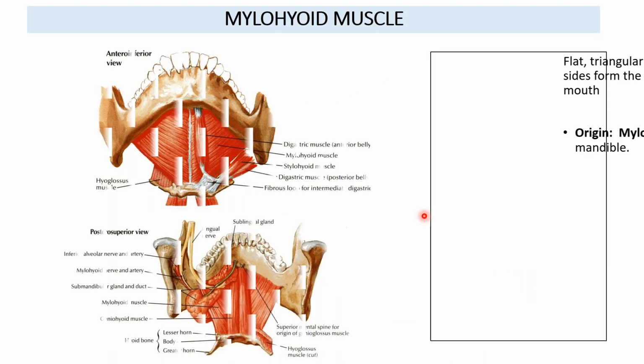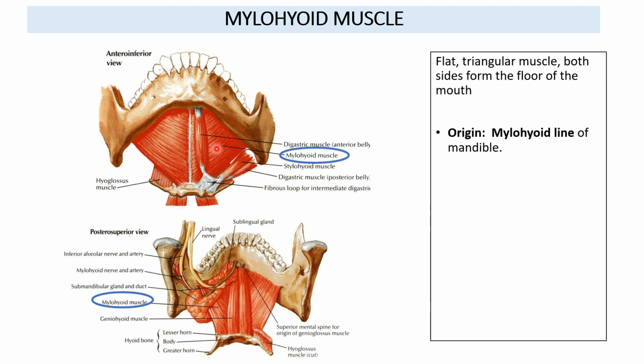The superficial muscle that we were talking about was this mylohyoid muscle. This mylohyoid muscle is a flat triangular muscle. On both sides, you can see it is a flat triangular muscle, extending as a floor, forming the floor of the mouth. The origin of the mylohyoid muscle, if you look from the internal aspect, is from the mylohyoid line of the mandible. In this picture, this is the inner surface of the mandible body. Over here, this is the mylohyoid line from where the mylohyoid muscle arises on each side. This is the origin part.